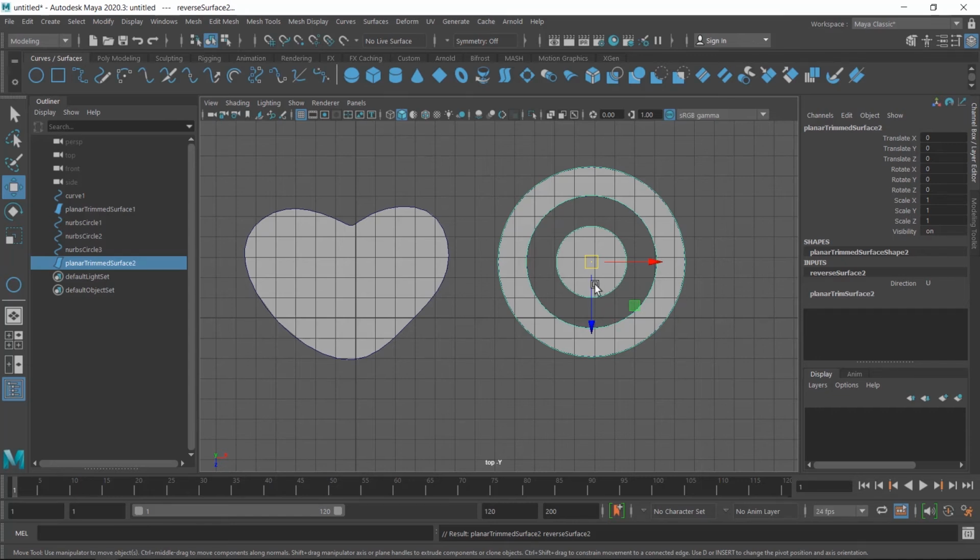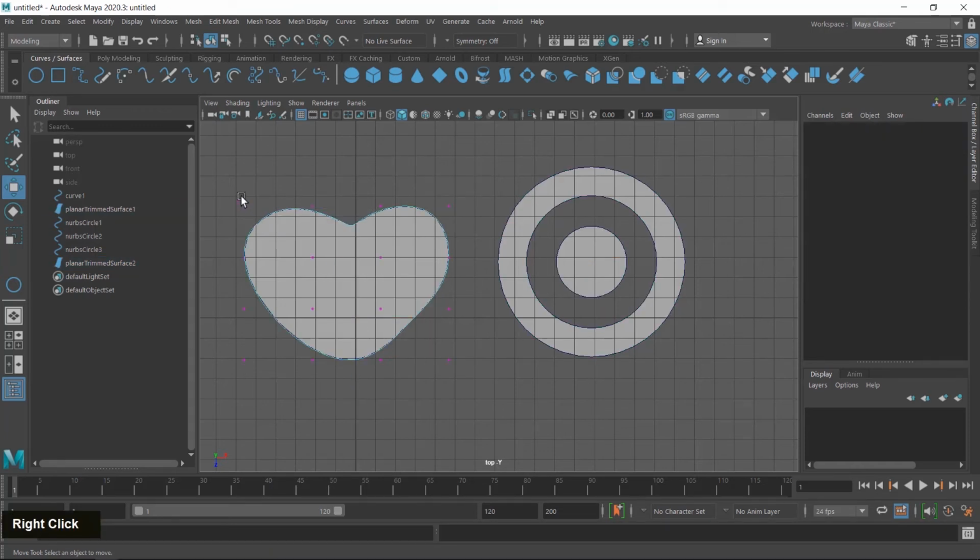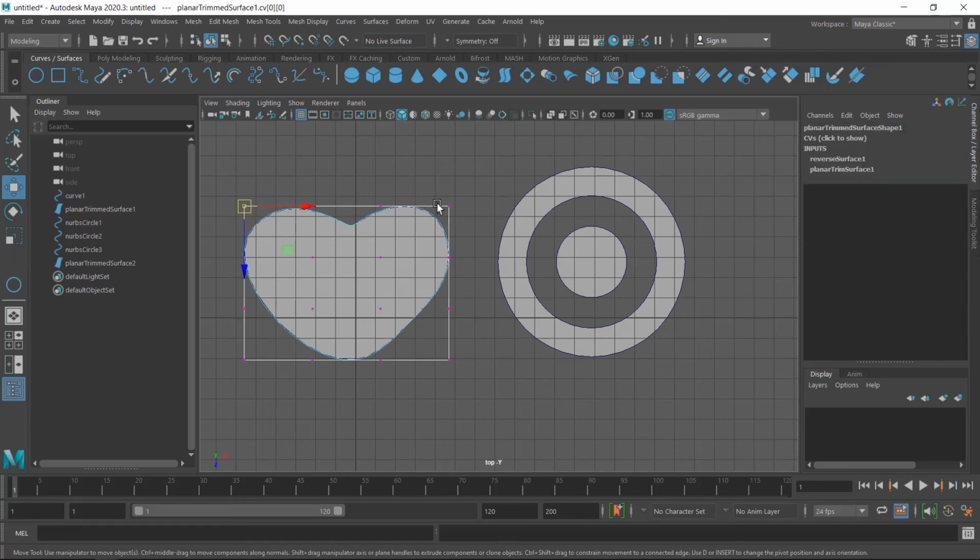In the second example, you can see the surface is created on the circle shape based on the circle position. Now I select the first shape and then right click, and this time I choose control vertex and select this start point, and you can see a planar is created here, and this area is trimmed or hidden by using this curve. So the planar tool works like a masking tool. You can see I show you on the second example.